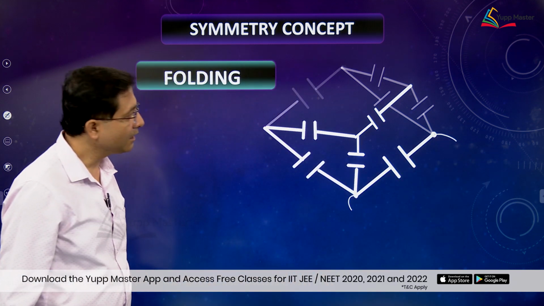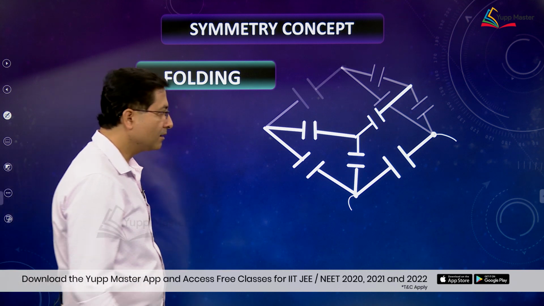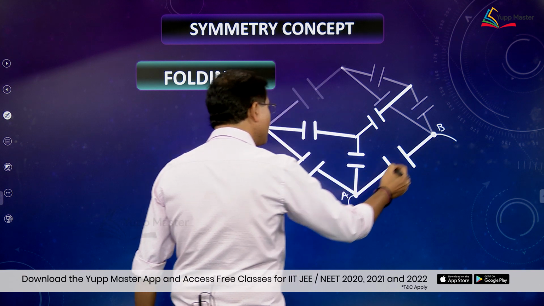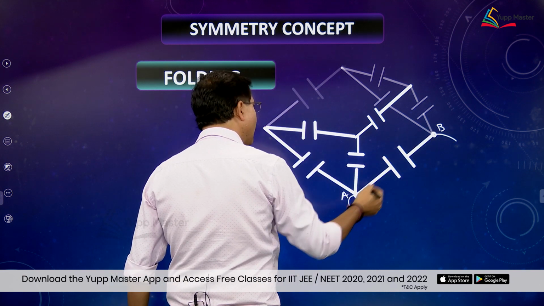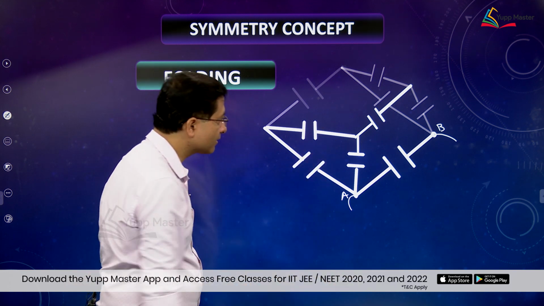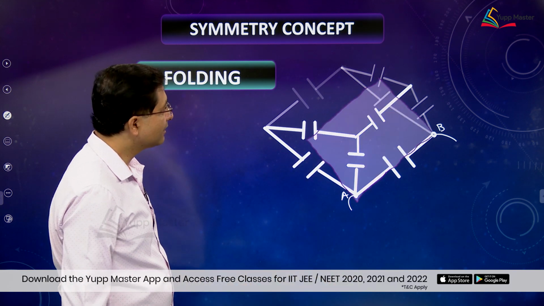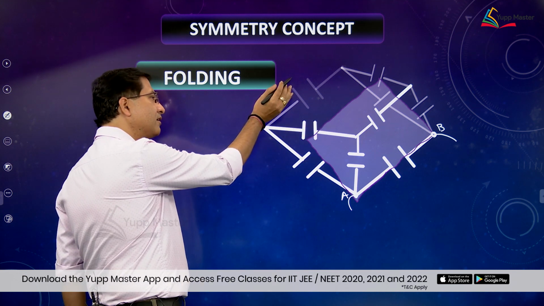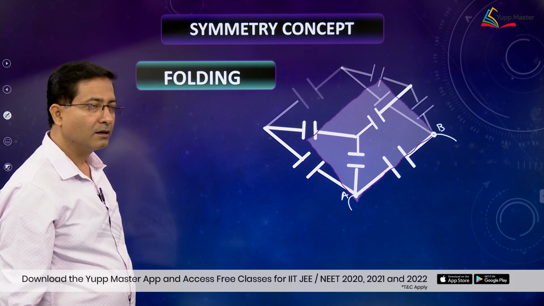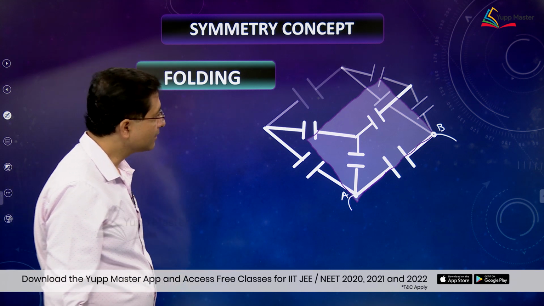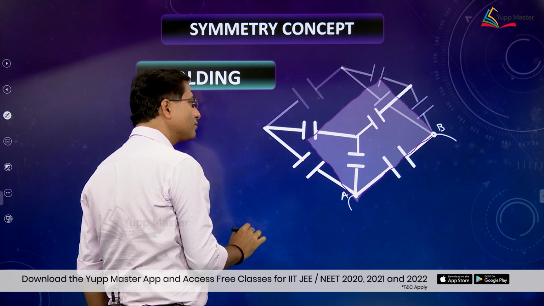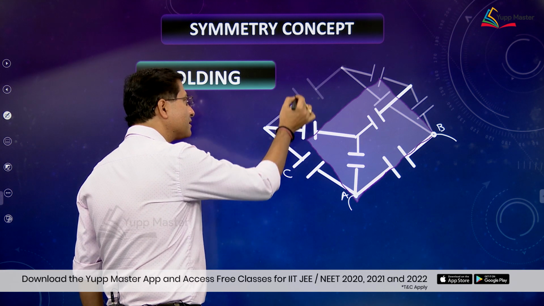As you can see, I can pass a plane through this line joining input and output, about which the circuit can be symmetric. This way if you pass a plane, then whatever I am getting on the other side of the plane, the same thing I am getting on this side of the plane. If that is happening, that means whatever is happening to this branch, the same thing will be happening to this branch, if all have the same capacitance.